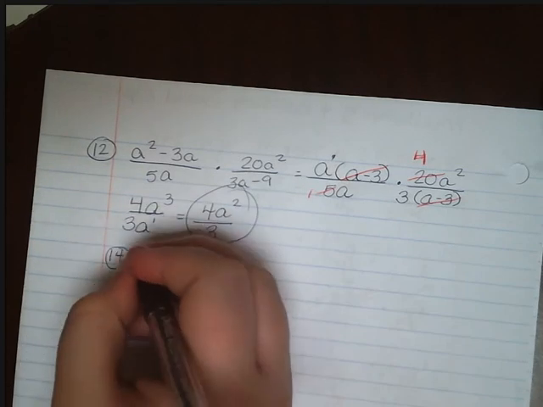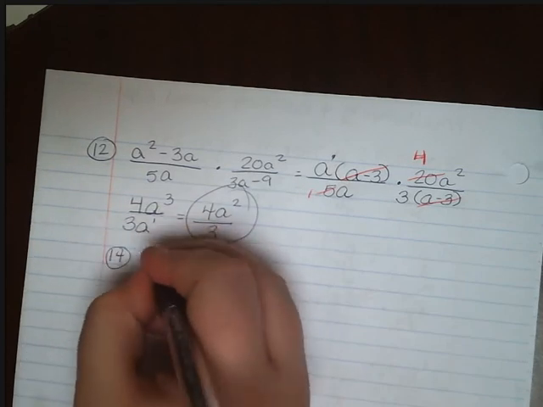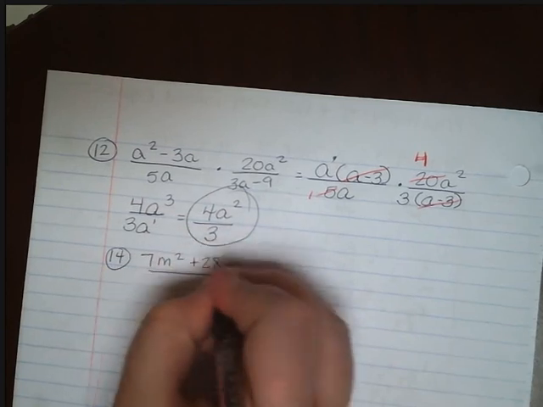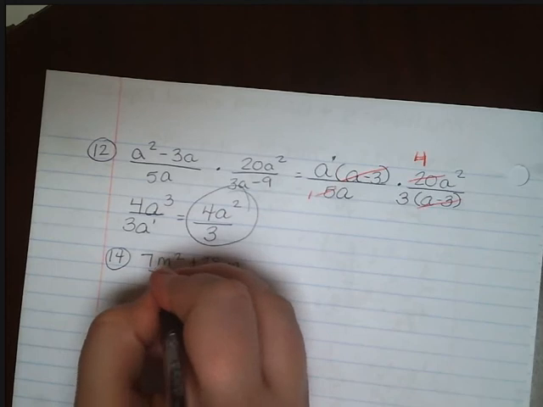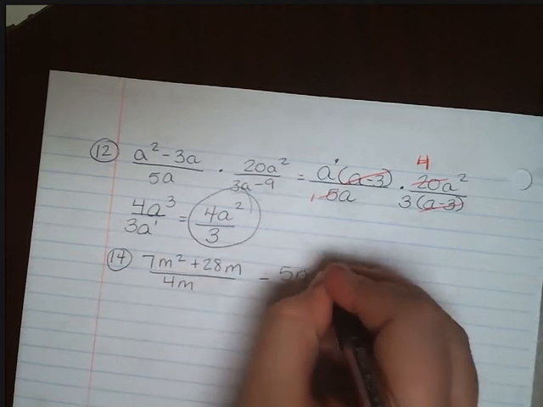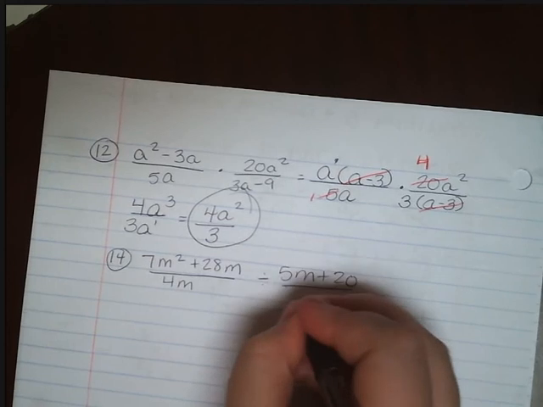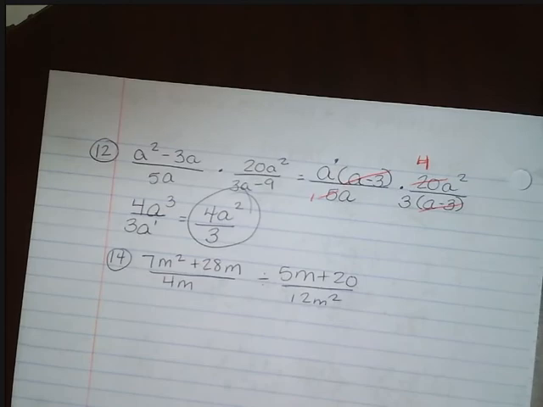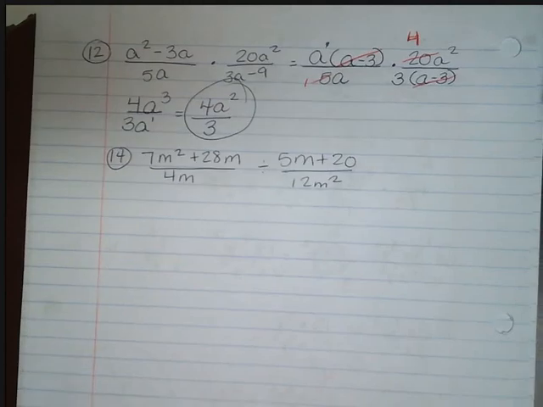Moving on to number 14. 7m squared plus 28m divided by 4m, divided by 5m plus 20, divided by 12m squared. My recommendation on these types of problems is to go ahead and change your problem from